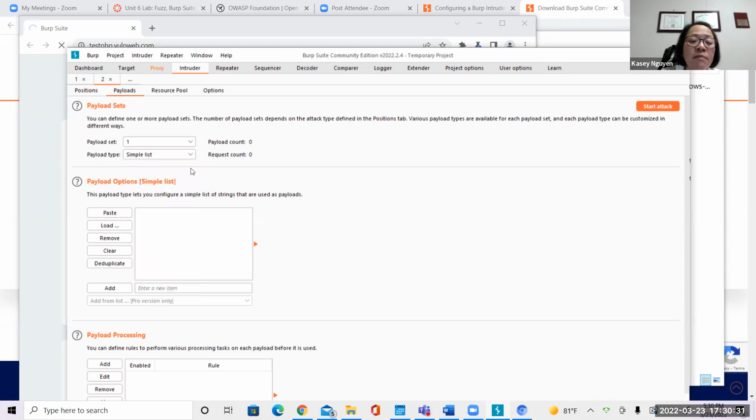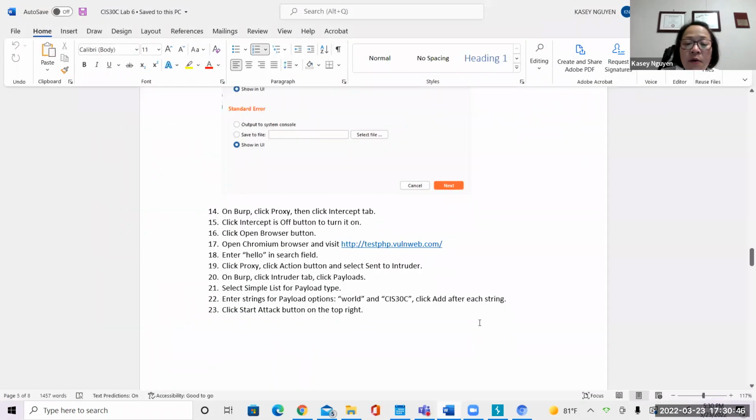Okay, so we're going to keep the default here. And in your list, you can simplify what your strings would be for the payload. For the payload options, we are going to put in "the world" or whatever you like for your string